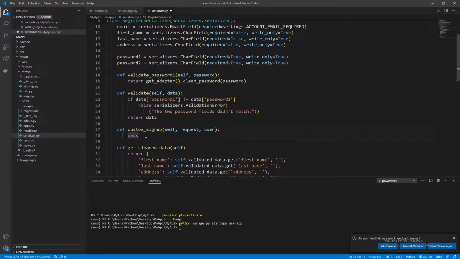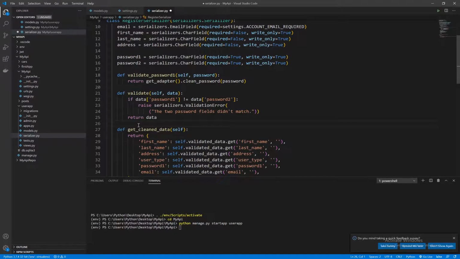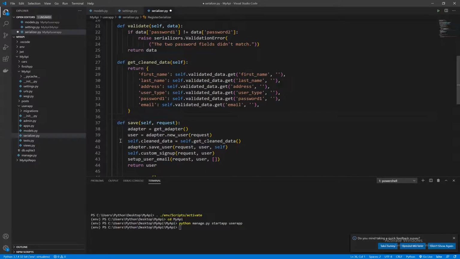Custom sign up, we're not going to address this in this tutorial, so we can get rid of it. And the get cleaned data will give us all the data from the fields, or the cleaned or validated data. And then we head to save in the Serializer save method. What's happening here is simply we're creating a user object, and then we're using the adapter to get the clean data, and then after that we save the user object through a request,